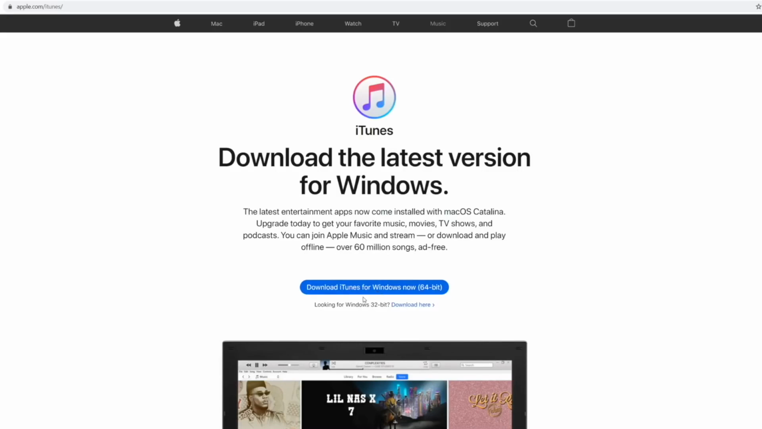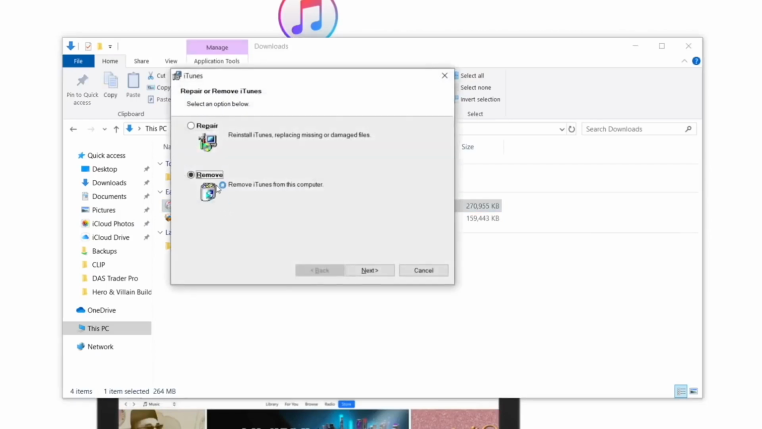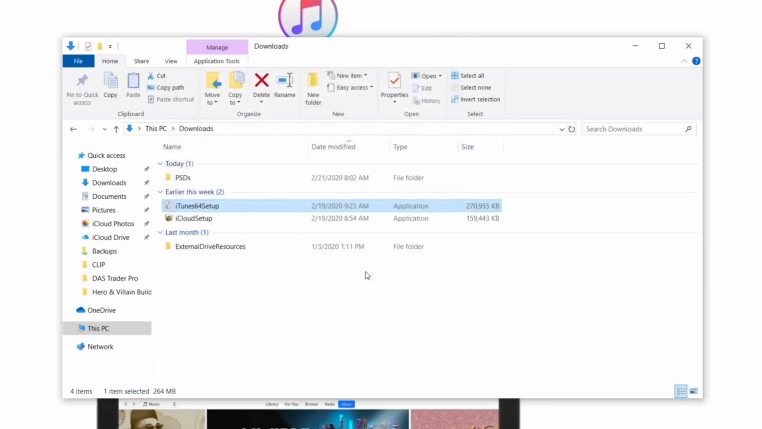I already have both downloaded, so let's go ahead and just open up my downloads folder. And now that you're here, you can go through the steps of installing them. To do so, just double click and just walk through it. Now, it's giving me the option to remove and repair because I already have them installed. Now, if this is the case for you, I actually do recommend removing iTunes as well as iCloud if you